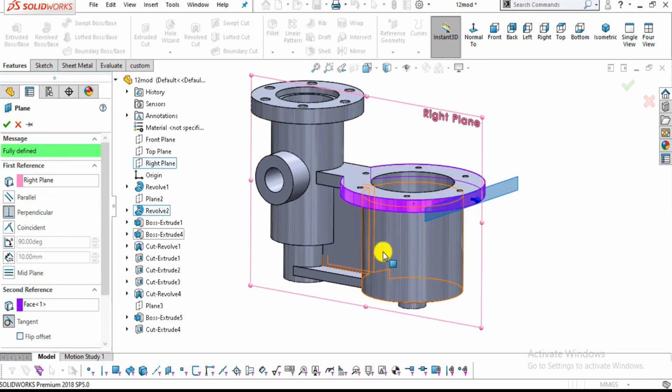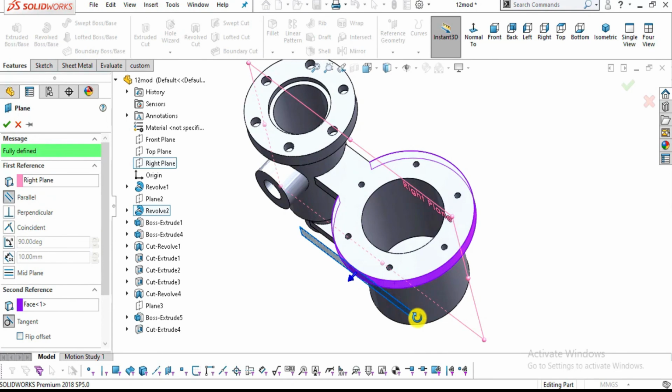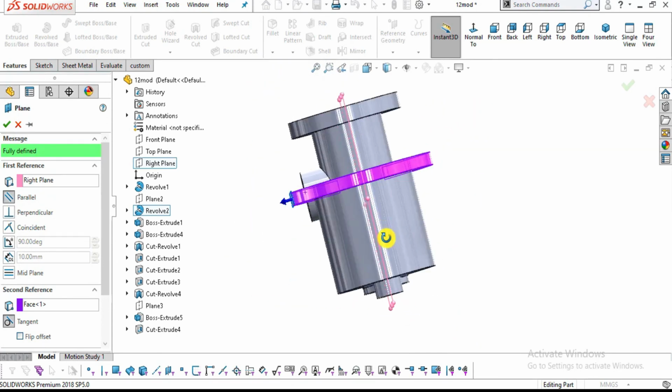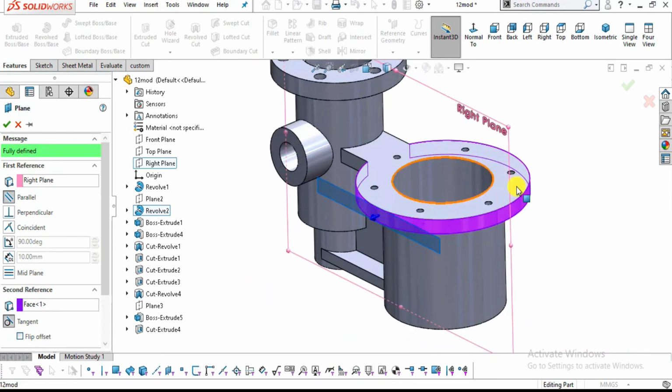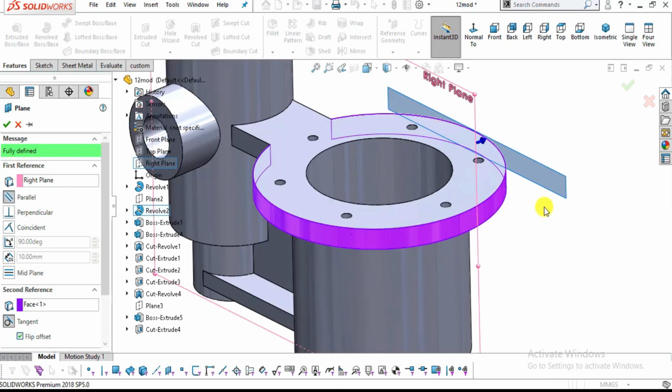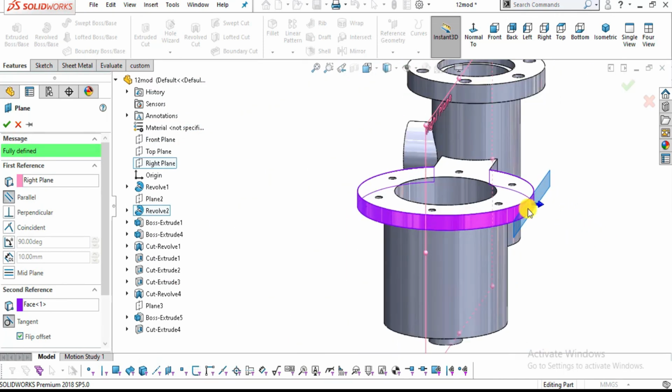Now it is again showing perpendicular. Let me select this parallel. Now you can see it is showing in this direction, but I want it to be in the other direction. So for that, click flip offset. Now you can see it has switched to this side because our extrude is on the opposite side of this extrude.